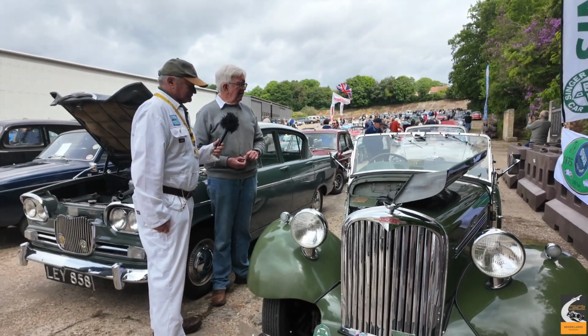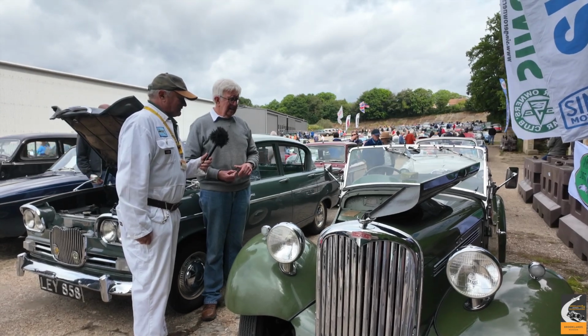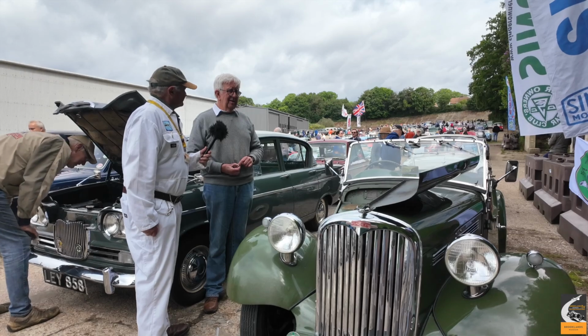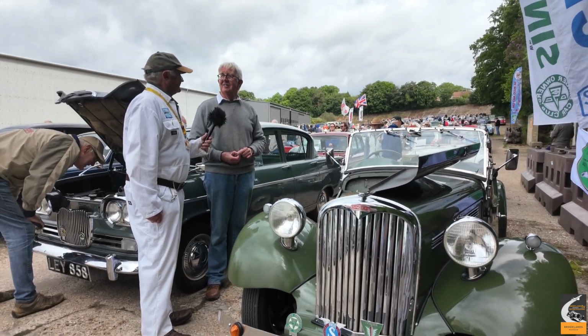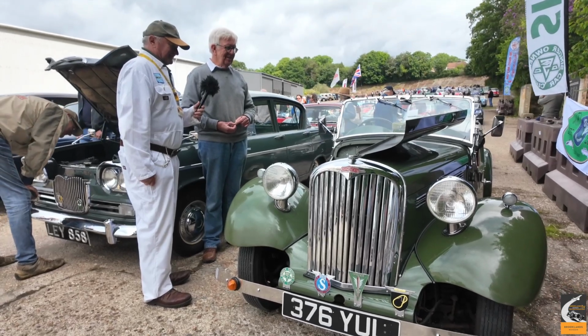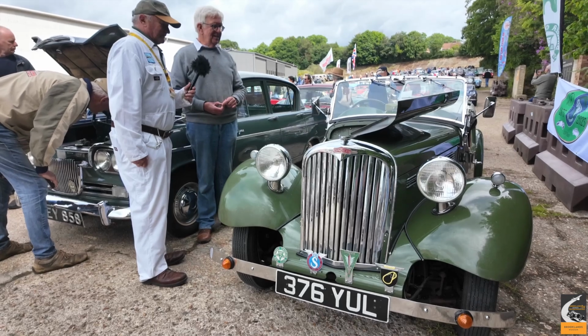I understand there may well have been two wrecks involved. Right, and it's a good thing that you're pretty handy with a spanner. I think you have to be with an old car. You can't run an old car without being handy with it. Otherwise, you end up having to pay people to do things, and that just gets